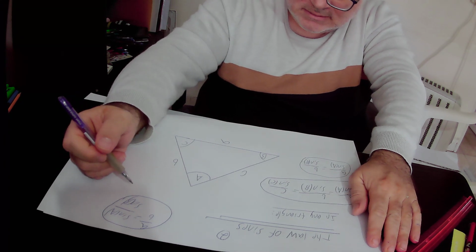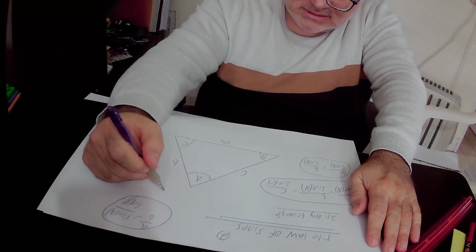The meaning is that the ratio between the side lengths